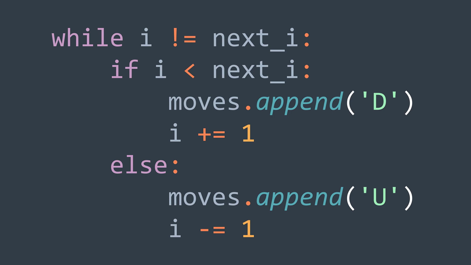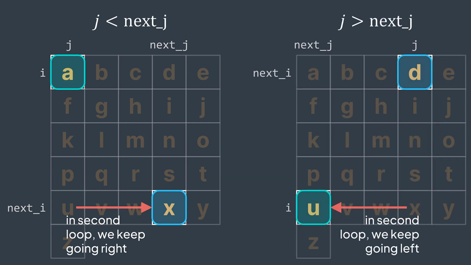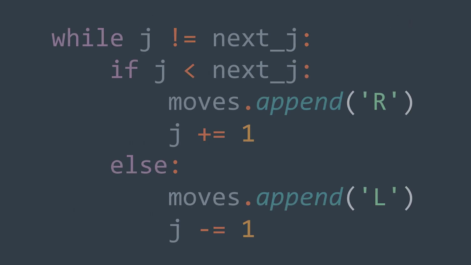Now to go from j to next j, same logic, but with right and left. If j is smaller than next j, then we need to keep going to the right. Else if j is greater than next j, then we need to keep going to the left. In code, while j didn't reach next j, if j is smaller than next j, we go to the right, we add R to our moves, and we increment j to go to the right in the board. Else, we go to the left, we add L to our moves, and we decrement j to go to the